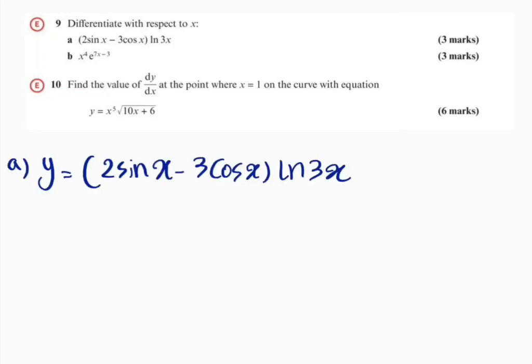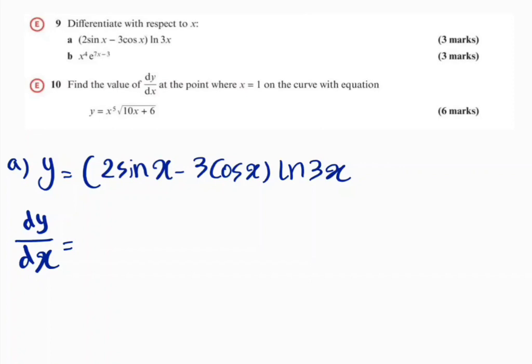So in 9a we have (2 sin x minus 3 cos x) times ln 3x. There's a temptation of expanding the bracket first and then starting the differentiation, but actually that's not always the best thing to do, because if we expand this bracket, then we need to do the product rule twice, whereas if we differentiate in the way they have given us, then we only need to apply it once. So let's see. dy/dx is equal to,